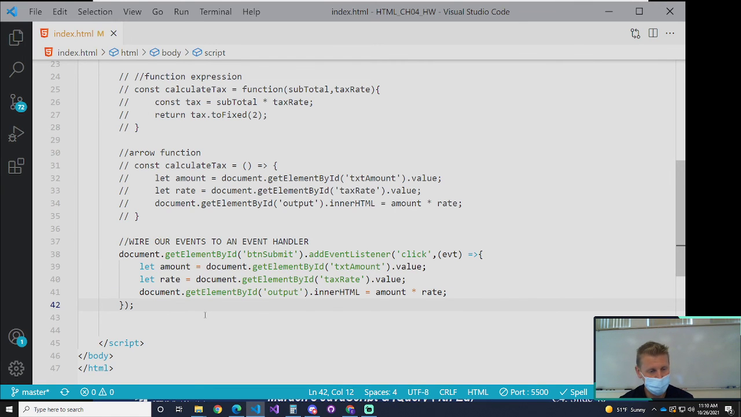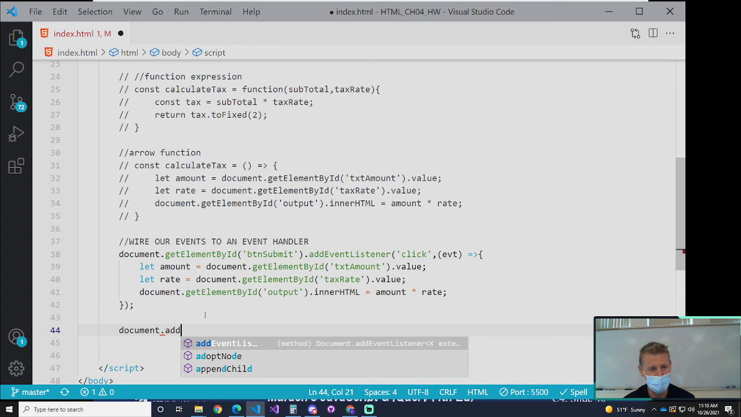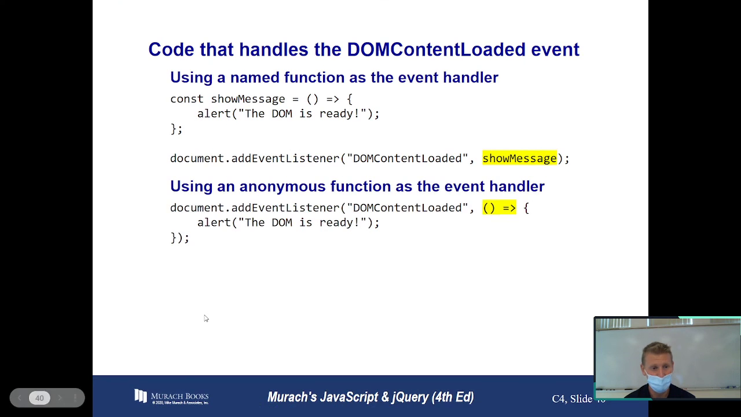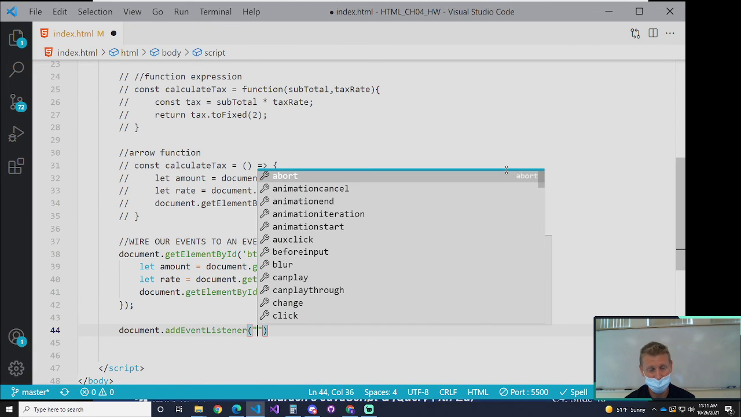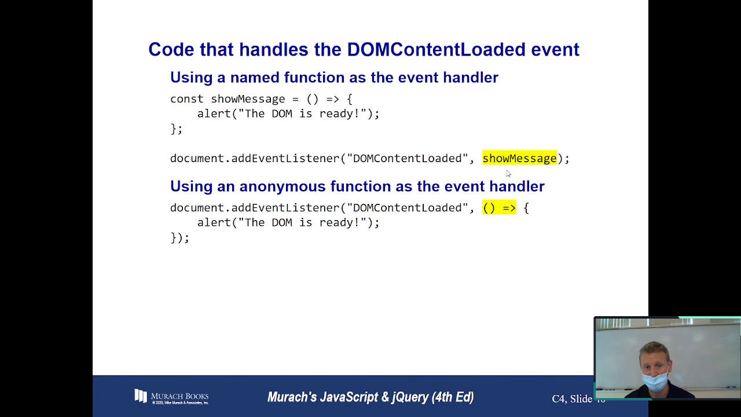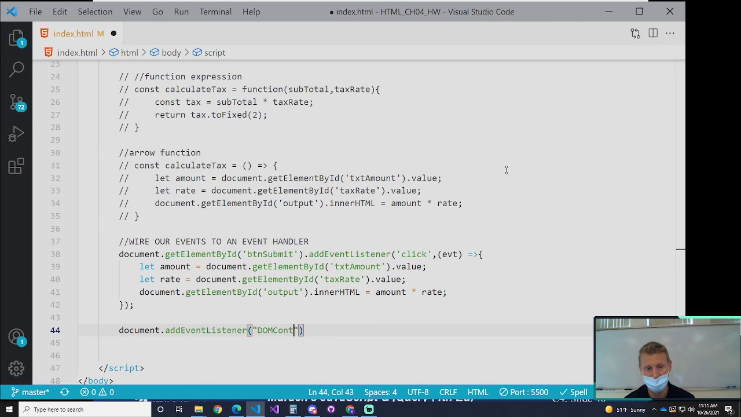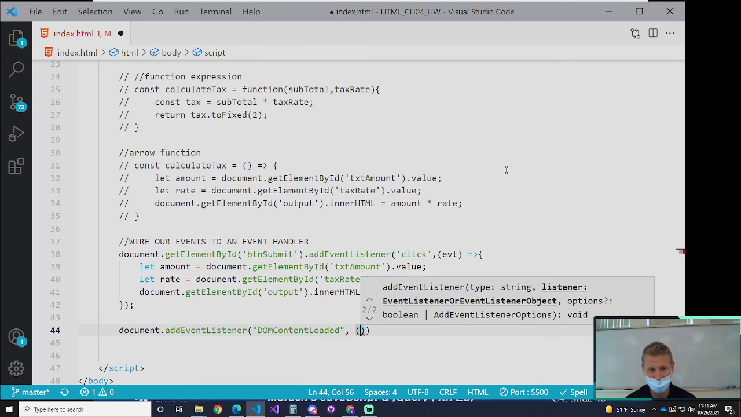So let's do another. This would be document.addEventListener. Notice we're not targeting anything. This is just on the HTML document. We're adding an event listener called DOMContentLoaded, capital DOM, capital C, capital L, comma, parentheses, evt, arrow,